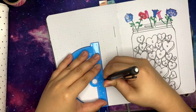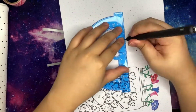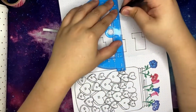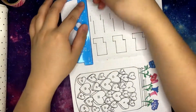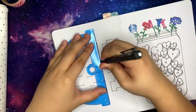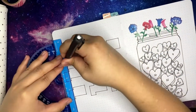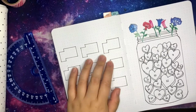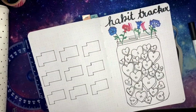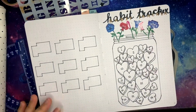And then after that, I am doing the habit tracker page, which is just a simple layout again. Again, simple layout for the habit tracker. I'm not trying to go all out on that. And as I was saying earlier, mistakes happened,